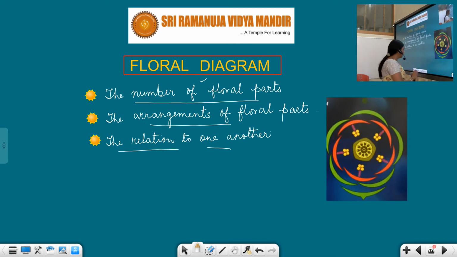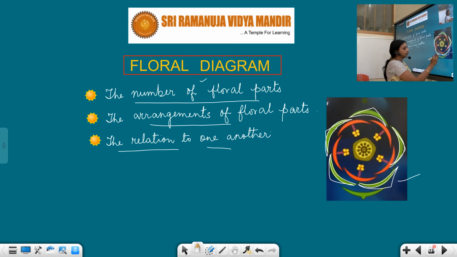See, the outermost whorl is called the calyx, and how is it arranged? It is arranged in a twisted manner. The estivation is twisted because one margin is inside and the next margin is outside. Here also one is inside and one is outside. One inside, one outside. The sepals are drawn in a pointed manner. So if they are arranged in this manner, this is twisted type of estivation.